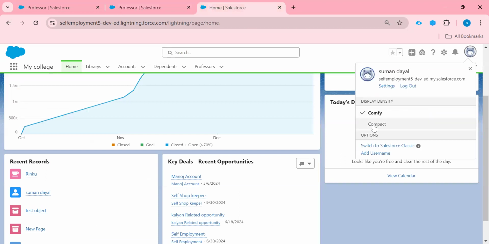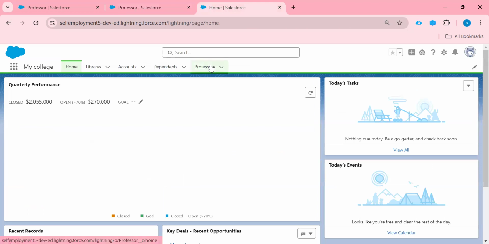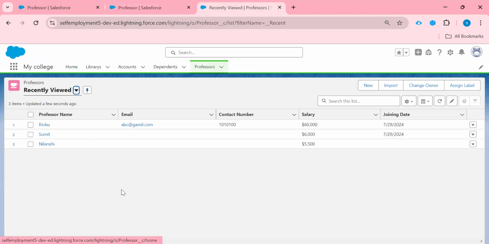Let me refresh one more time to show you. If I click here, see, can you see that earlier it was showing only these names, and these fields were not available there, right? As I have created the search layout, the fields I selected there are showing here. So in this way you can create your search layout as per your profile, right?